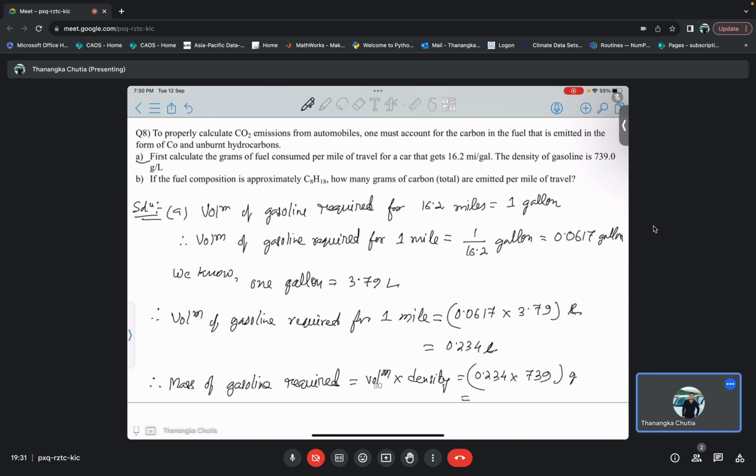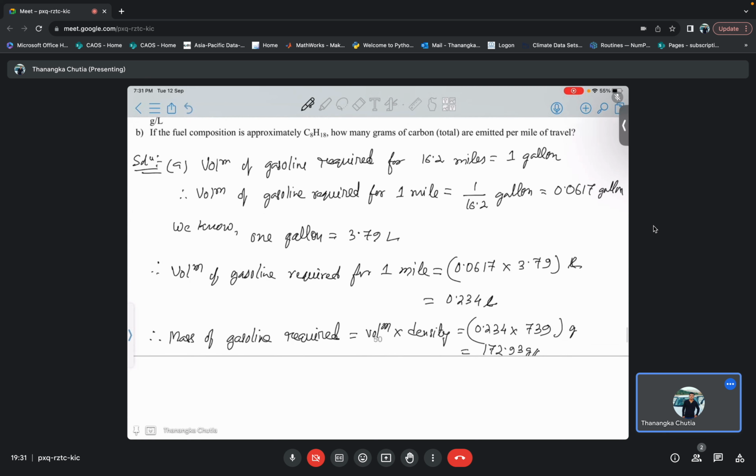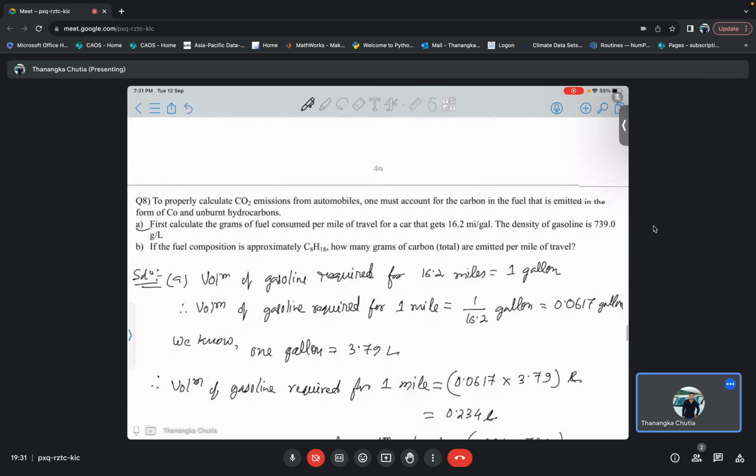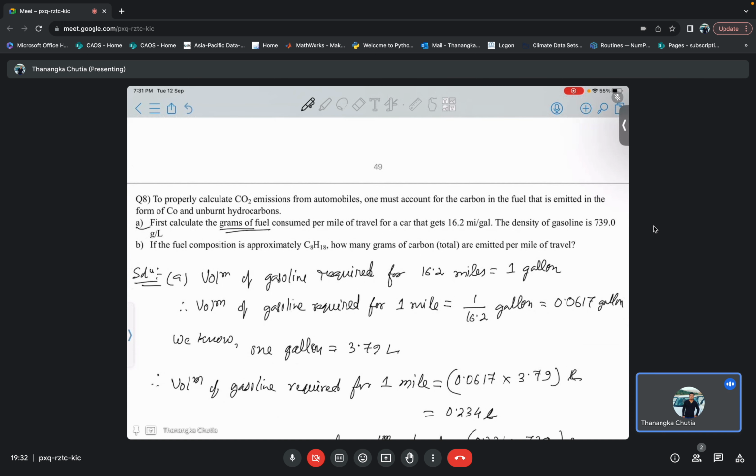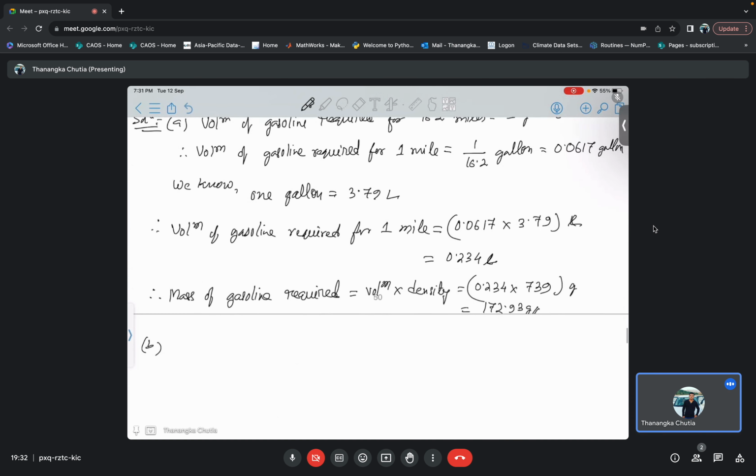Okay, 172.93 gram. Okay, so you have to calculate the grams of the fuel consumed per mile. Okay, the next is